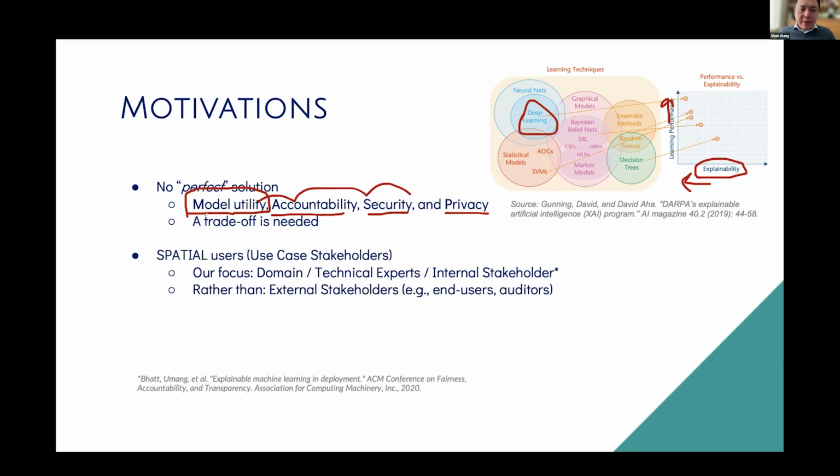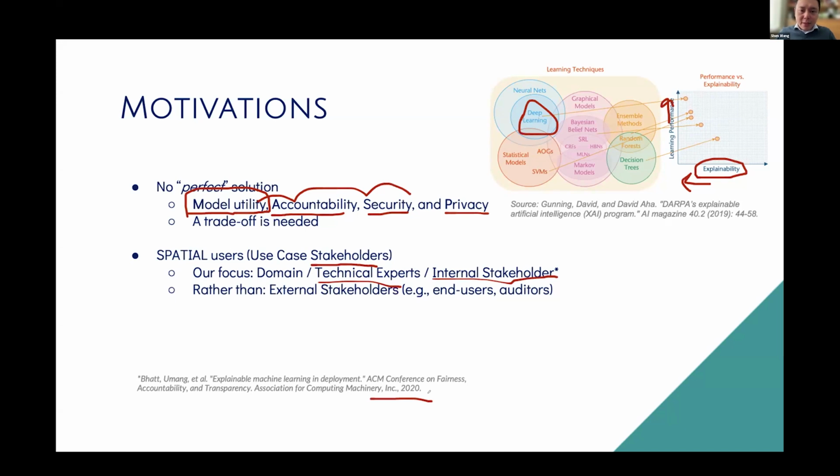Secondly, we find that in developing accountable AI or trustworthy AI solutions, the human perspective is one of the most important factors, and we would like to focus on our stakeholders, the technical experts or internal stakeholders, because we find that the existing explainable AI solution, although it's promising, is mainly, according to a recent paper, for the internal stakeholders to tune their model, to make their model